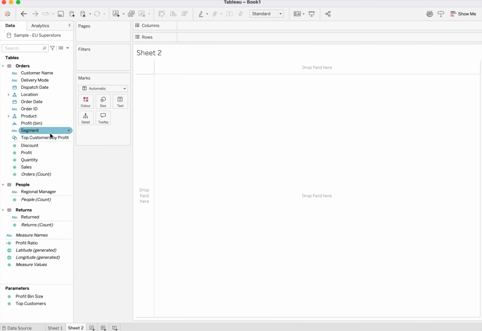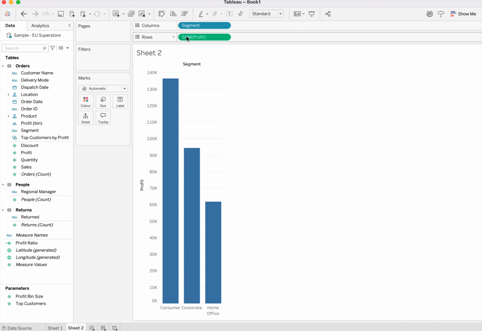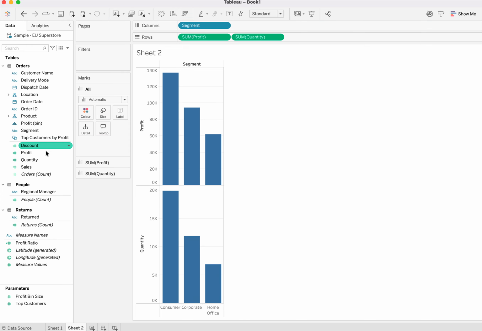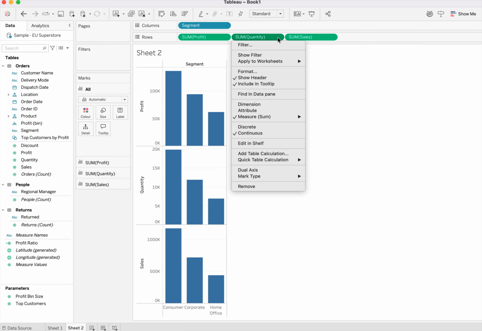For example, if I want profits by segments, I'll bring segment here and I'll bring in profit. And I'm also interested in the quantity per segment, so I drag it in here and also bring in sales. So I have it split like this in the view, but I then come to this option to say dual